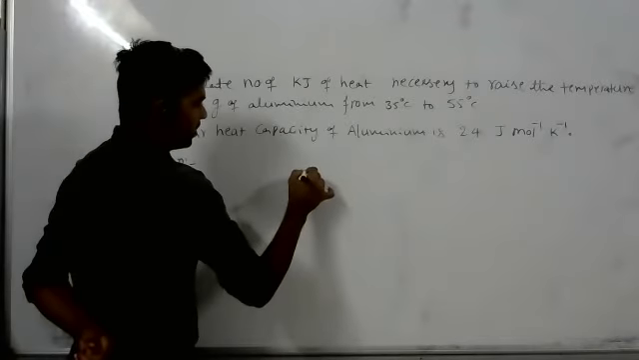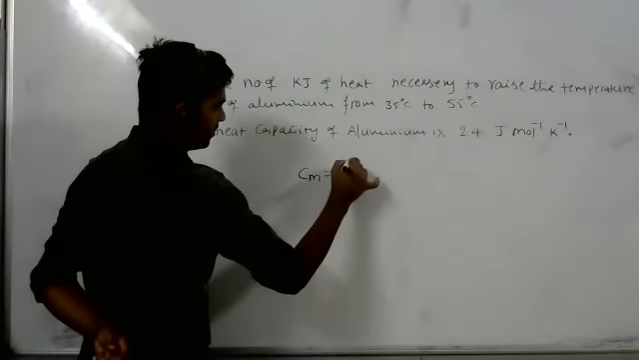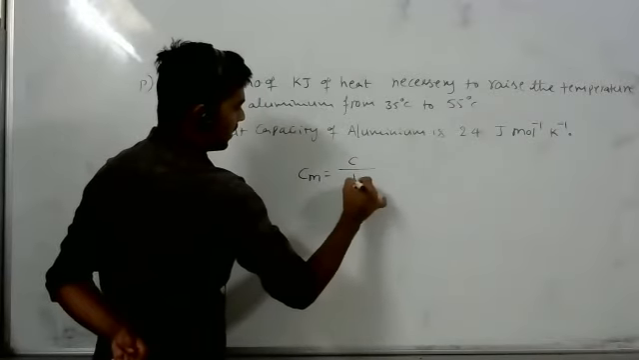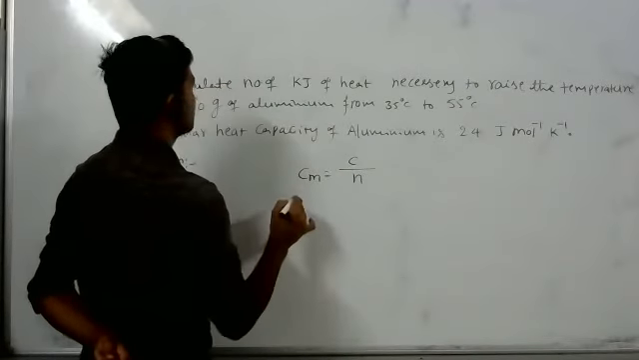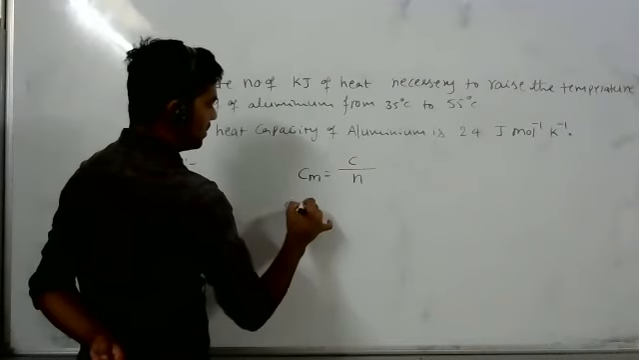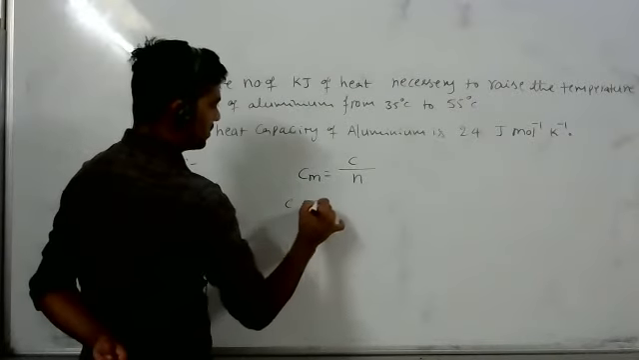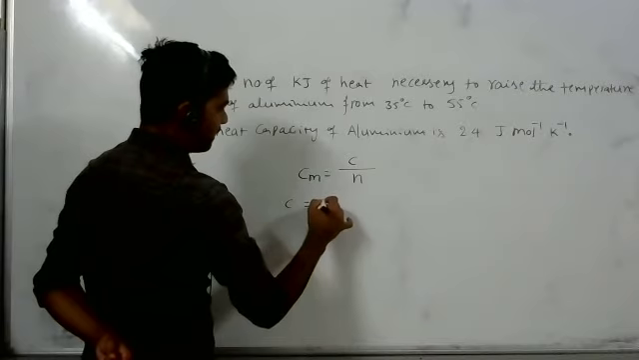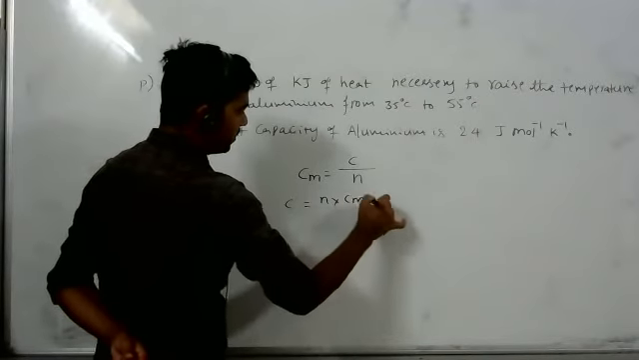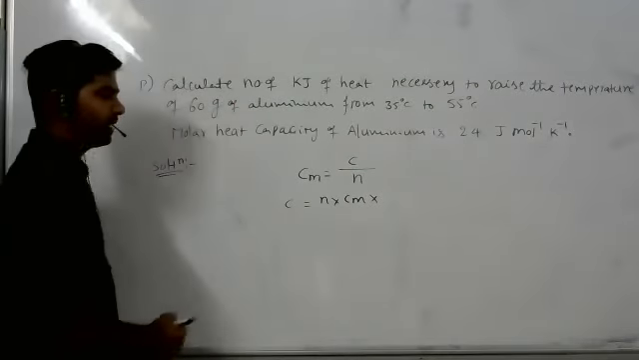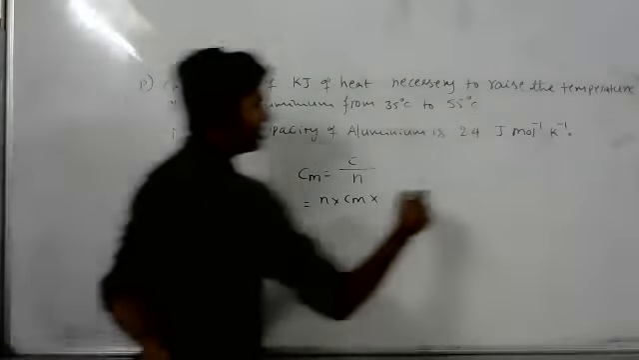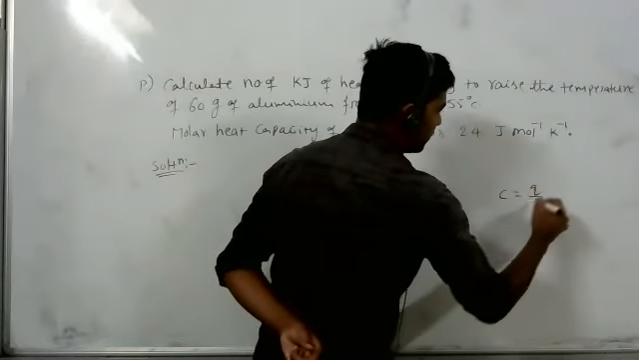The formula is molar heat capacity Cm is equal to heat capacity C by n, where n is the number of moles. So we want heat capacity, no? Yes, sir. I made a mistake, sir. I took 10 degrees Celsius; I need to take 20. So we multiply n into Cm into the temperature difference. Instead of C, again C we have to substitute, C is equal to Q by